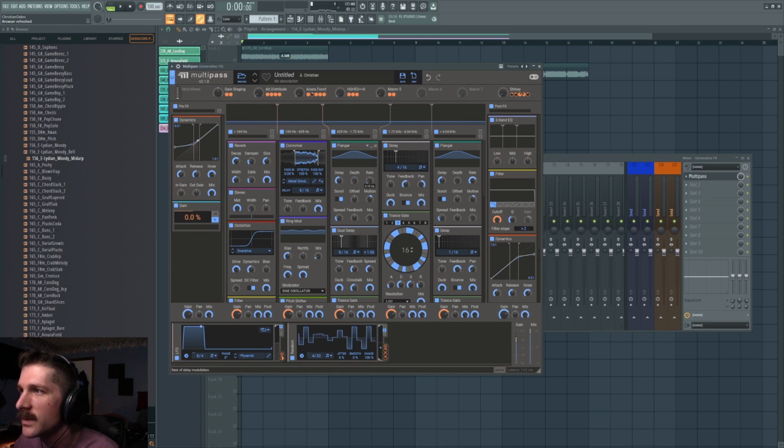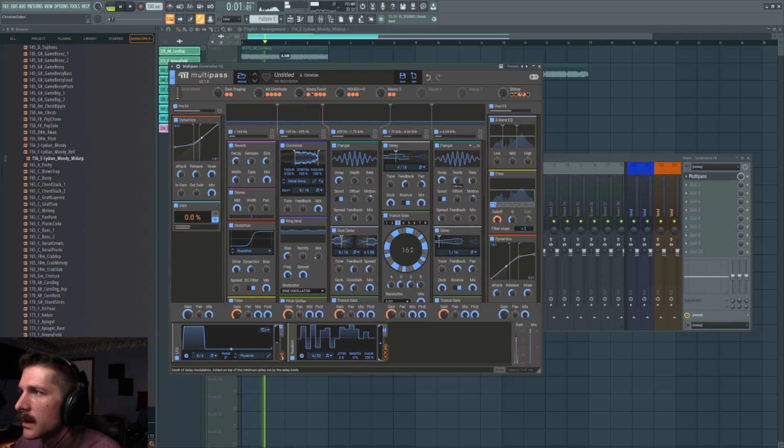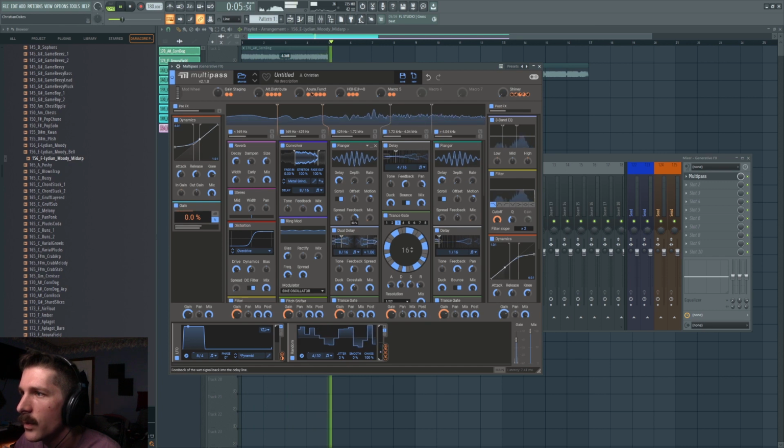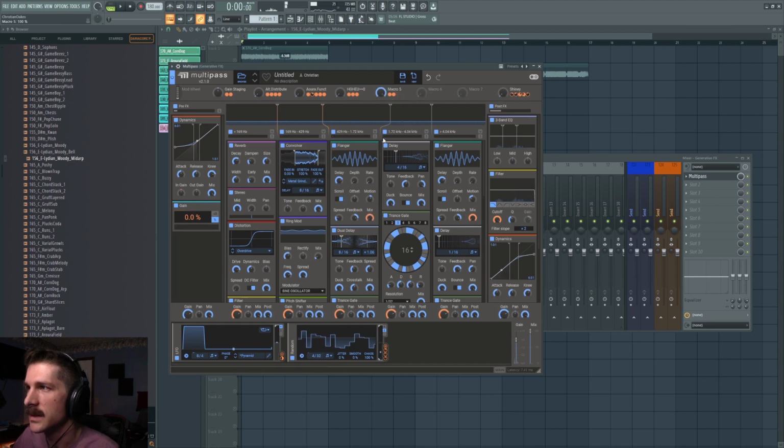Actually, we'll go to depth 0, rate 0. So these are static flangers, and just use motion. And turn the feedback way high. One goes up, one goes down. So now when we turn this on,